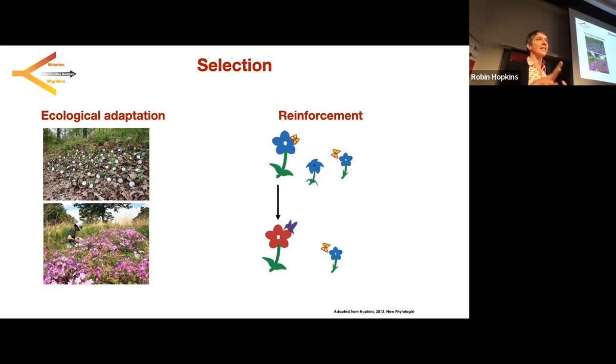So I'm going to dive into how we study this process and the types of questions we ask and some of the cool data we've got. What we're particularly interested in is understanding the cost of hybridization, right? So how bad is it to make a sad-face hybrid plant there? That is going to be really important for determining the strength of selection against hybridization, right? If it's not so bad, who cares?